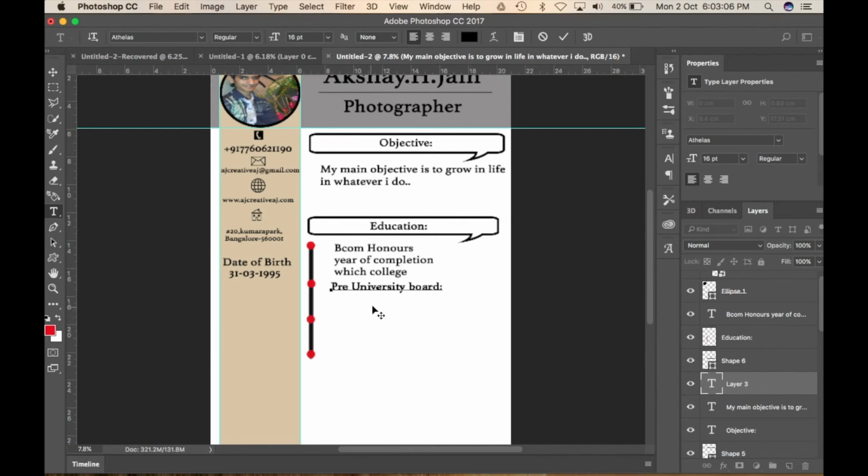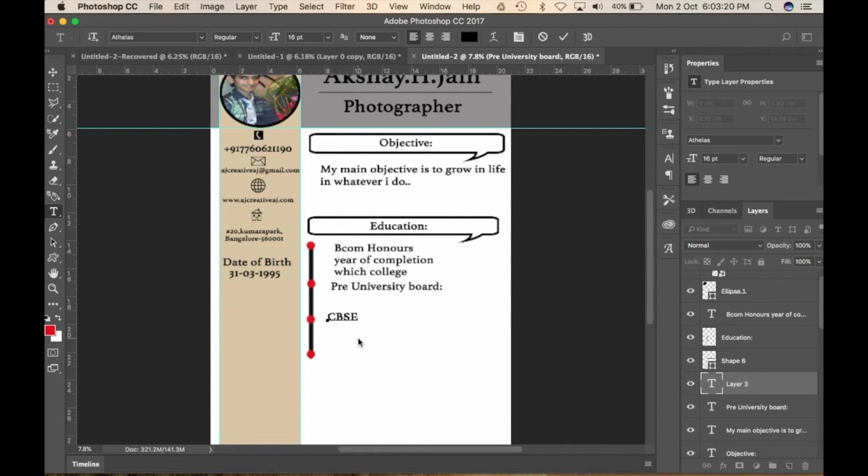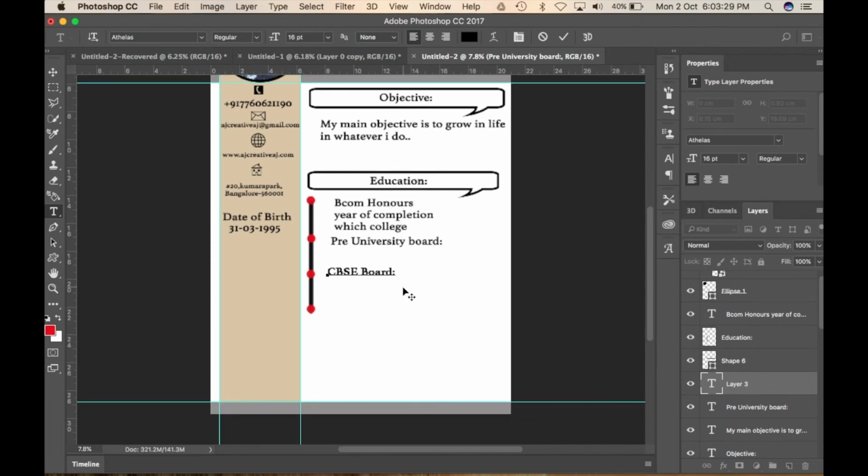So like that you can write that, and then later on you can even go and write your schooling, CBSE board. So the same way you can write for all, and then once you're done with education, again you can go